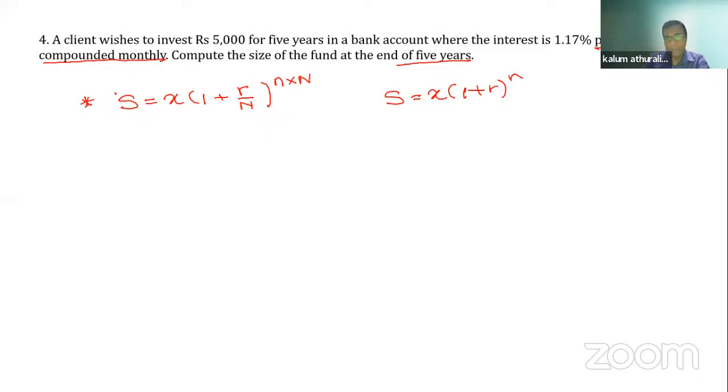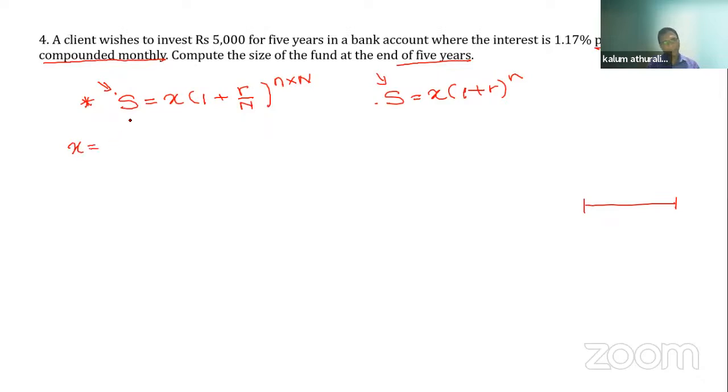Why? Because it is compounded monthly, within one year it compounds several times. Monthly, semi-annually, quarterly, daily, like that. Then you can use this formula. The other one can also be used, but this one is easier. So let's use the easier one. Right. Now,